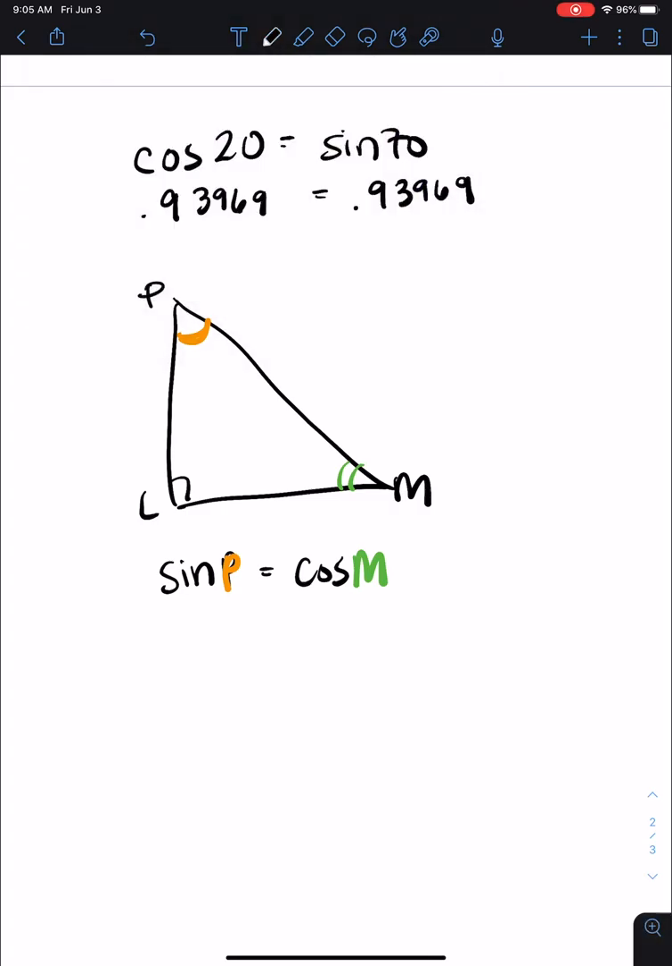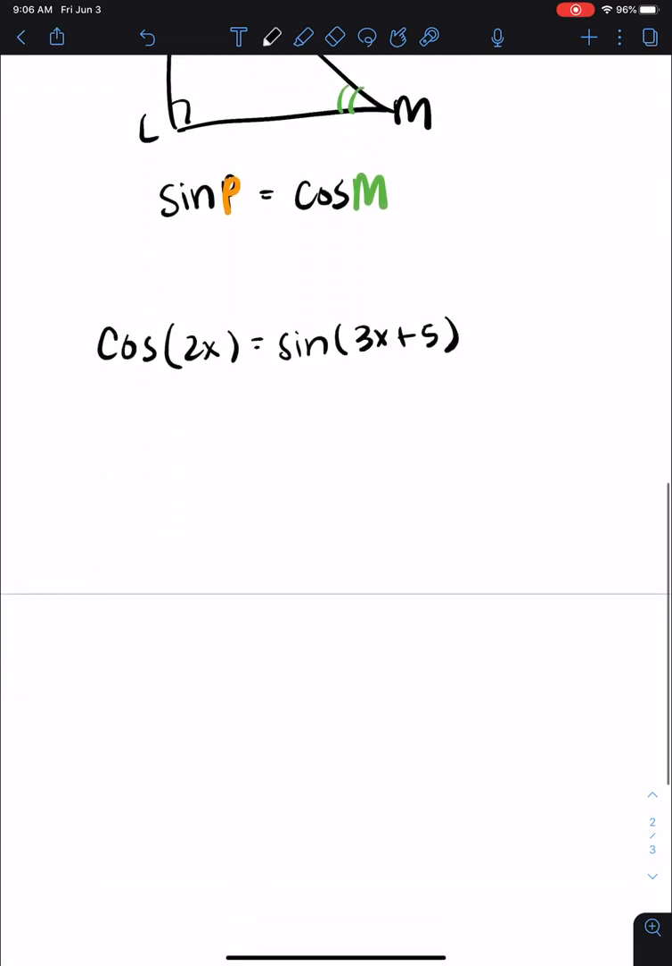I'm going to show one more example of a common way that we see this. If I'm given cosine of 2x is equal to sine of 3x plus 5, what is the value of x? A lot of students make the mistake and say that 2x is equal to 3x plus 5. But that is not true. Cosine of 2x is equal to sine of 3x plus 5, and the angles that we're plugging in